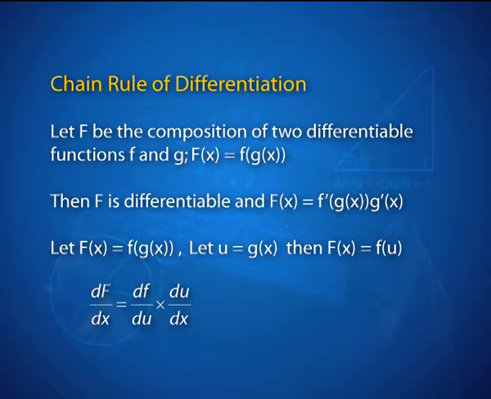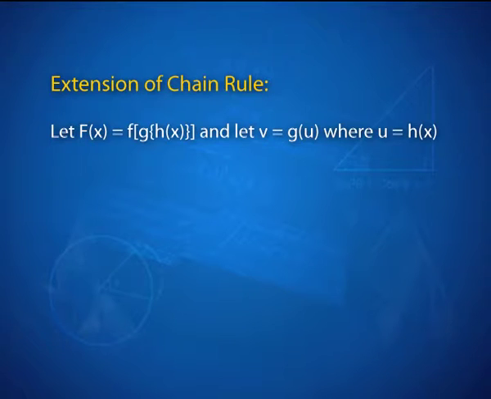This gets extended to 3 or more functions, and we have a rule which says that if capital F is a function which is composed of f, g and h in that order, and if v is g of u, where u is h of x. So, you kind of come through the layers and you say h of x is u, and then the outer layer v, which will be g of u, such that the function capital F becomes f of v. Then what will be the derivative of capital F with respect to x? As I said, use chain rule, extend chain rule.